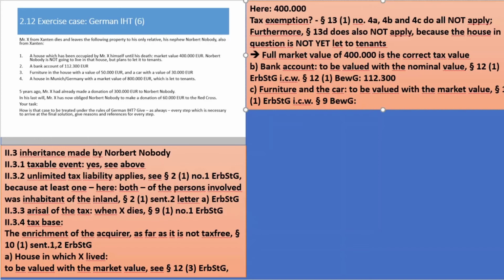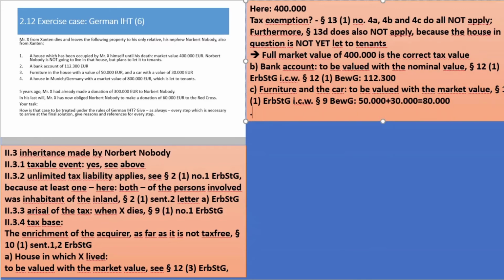So this is here 50,000 plus 30,000 is 80,000, minus free allowance